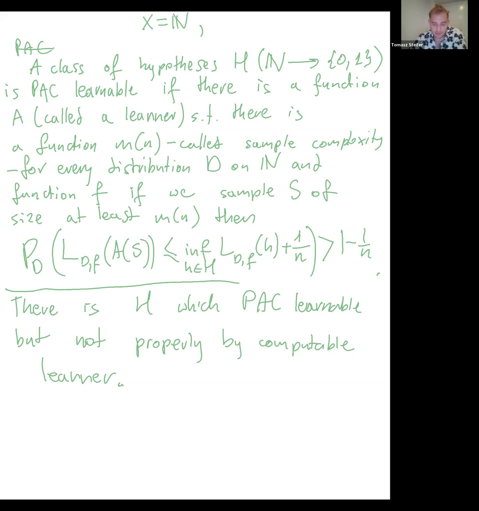So the first question is whether improper computable learnability is different from just classical learnability. One thing that we will try to see is that even if we allow for improper learning, there will be a class which is learnable by a non-effective learner, but not by a computable one. And to this end,